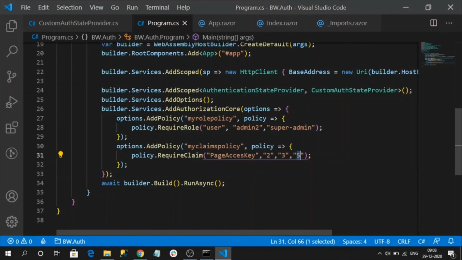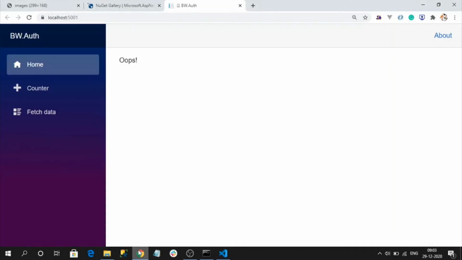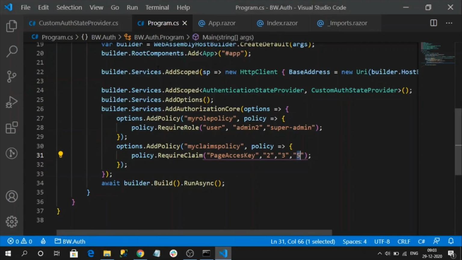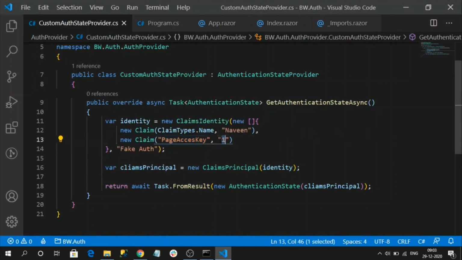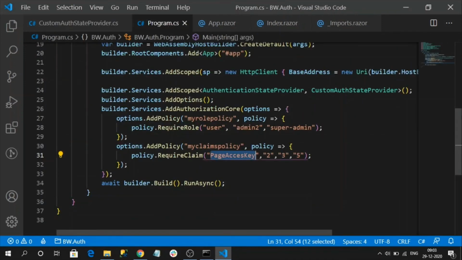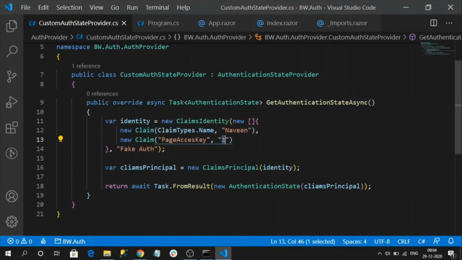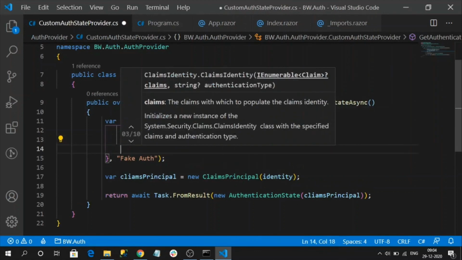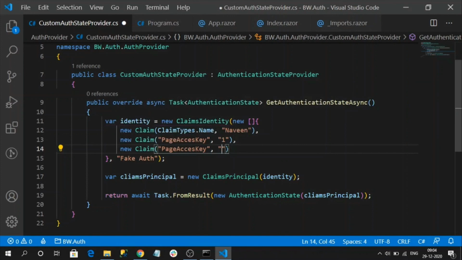So let's reload our page. See, we are getting whoops. Why? Because we have the page access key, but the value is 1, which is not in the group of the policy. So I am not an authorized user to access the index page authorized view. If I have another client with the same page access key with a matching value, here I am accessing 2.